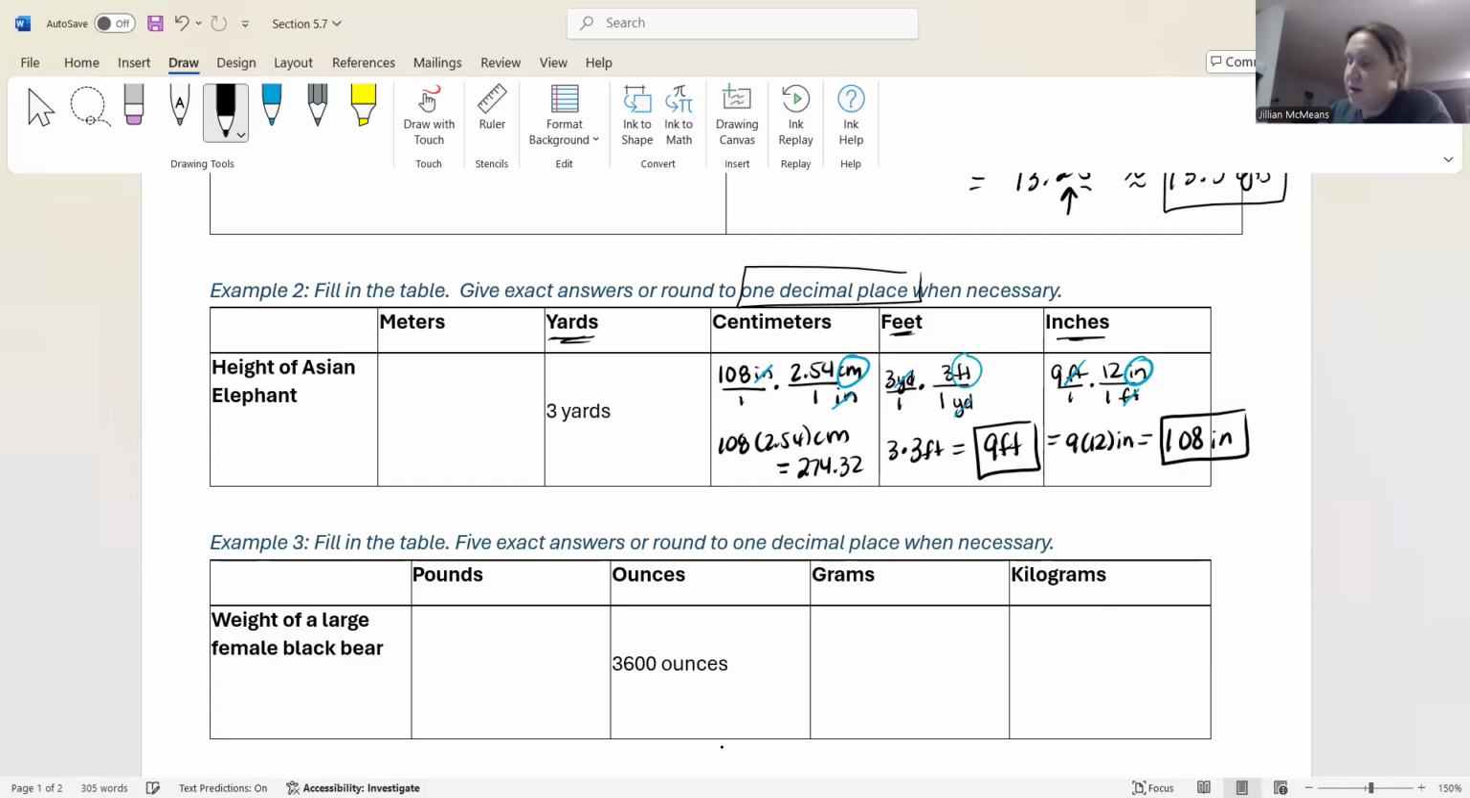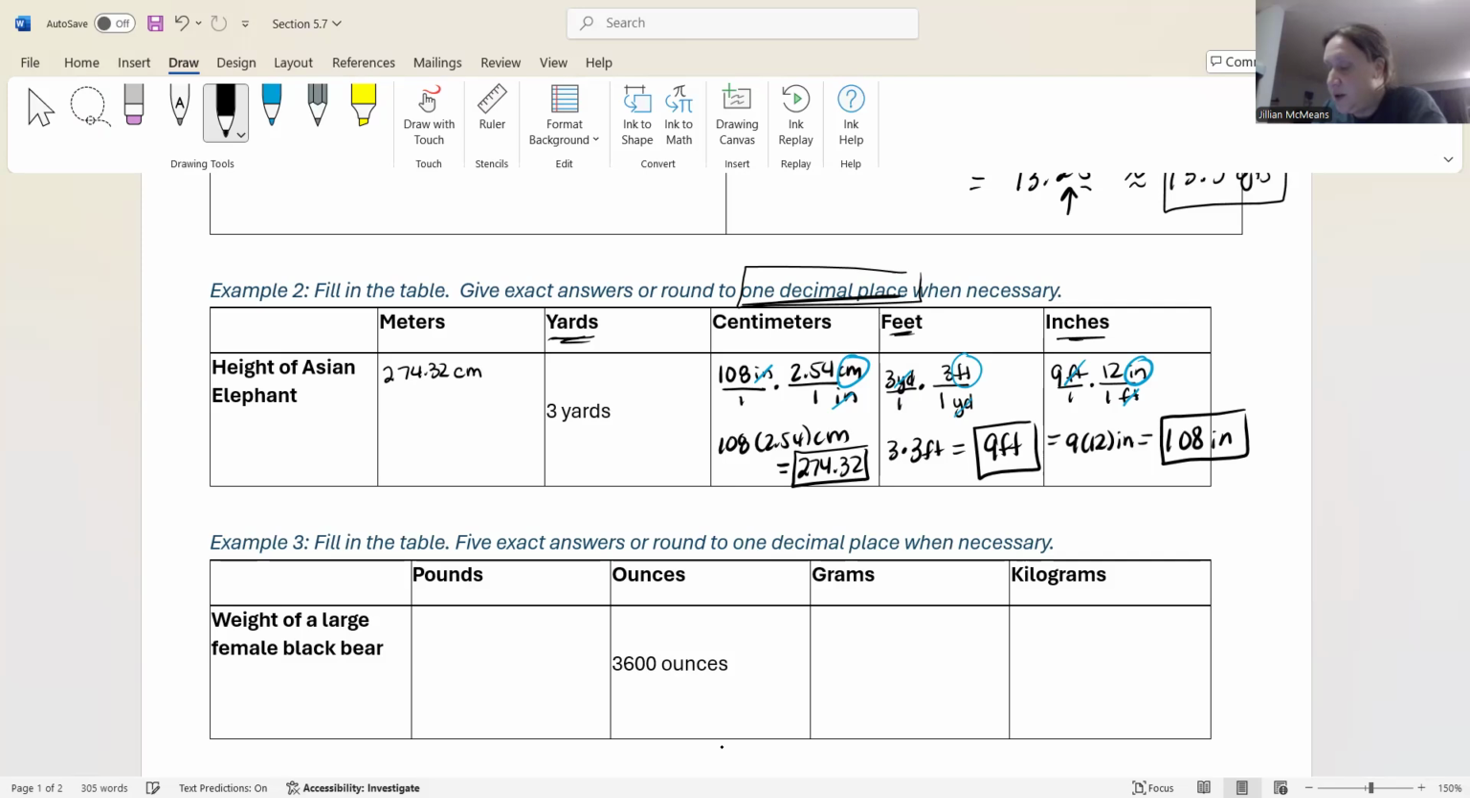274.32. The directions tell us technically to round to 1 decimal place, but since this one's exact, I'm actually going to leave it. This is going to be the one time I'll leave it. But ordinarily, if your online homework says round to 1 decimal place, Lord have mercy, round to 1 decimal place. Okay? So now what we have is